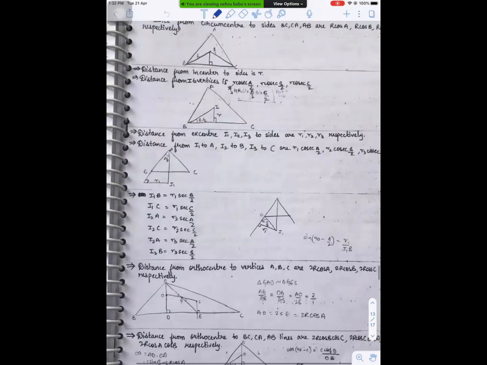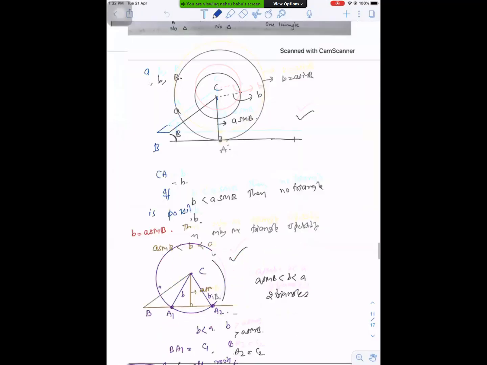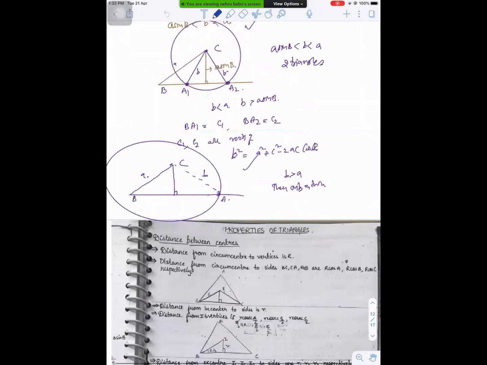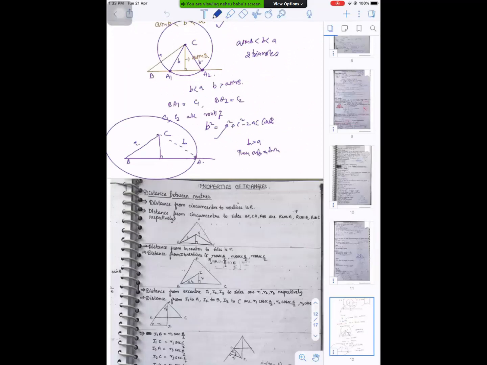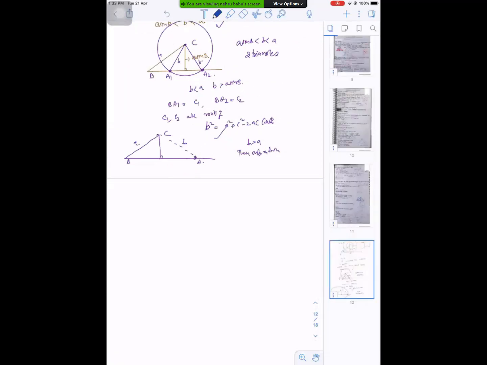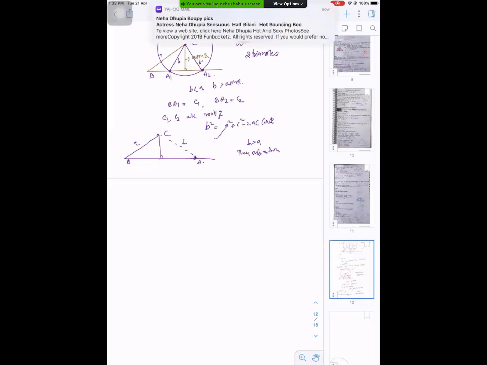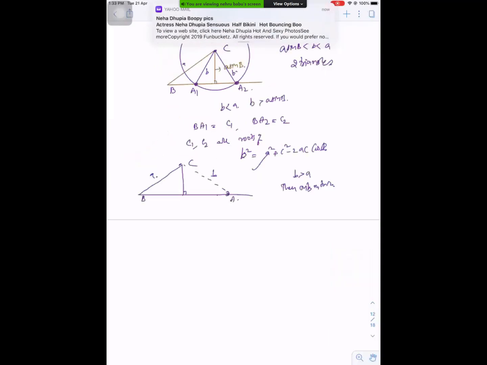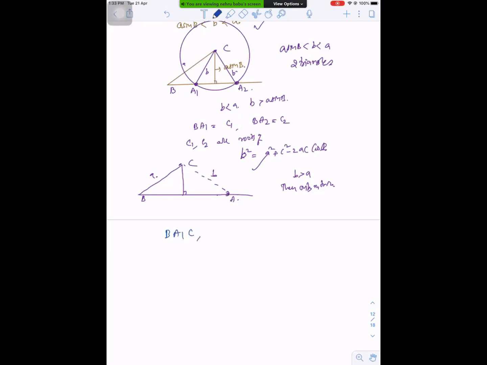Case result we discussed. In this case, where A sin B is smaller than B and B is less than A, we will get two triangles. Based on questions, they will ask related to the BA1C and BA2C triangles: what is the sum of the areas of the triangles, or what is the difference of the areas? In 2013, I think they asked the difference of the areas, that A1, A2C area is how much?